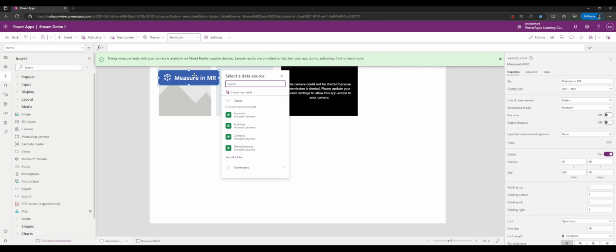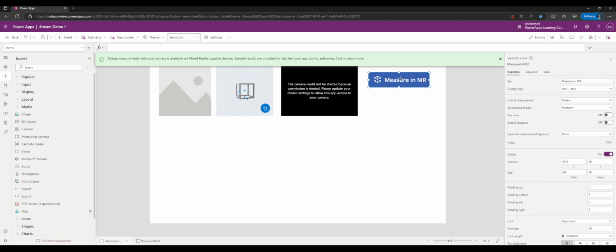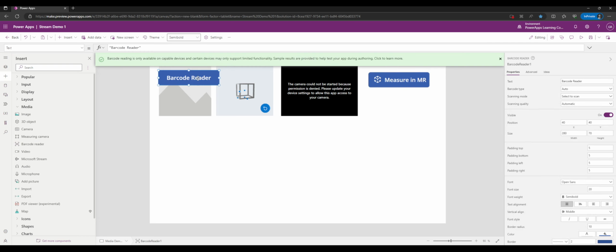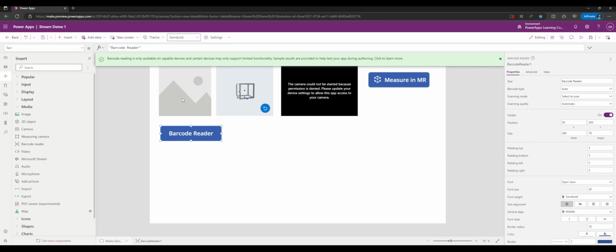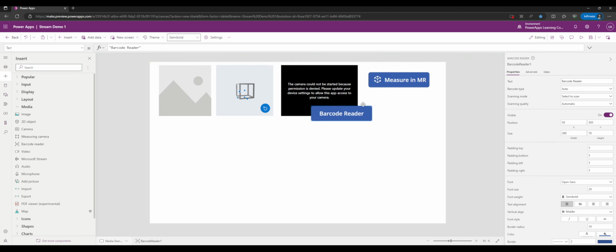Then there is a mixed reality measuring camera. Haven't used this either, but I would imagine this control is used as like a virtual tape measure for getting room dimensions, measuring things, so on and so forth. There's also a barcode reader as well. So yeah, these are only available on devices that support this. But there's barcode reading. So if you need to make an inventory app and you need to work with your barcoding system, there you go. There's also videos, so you can